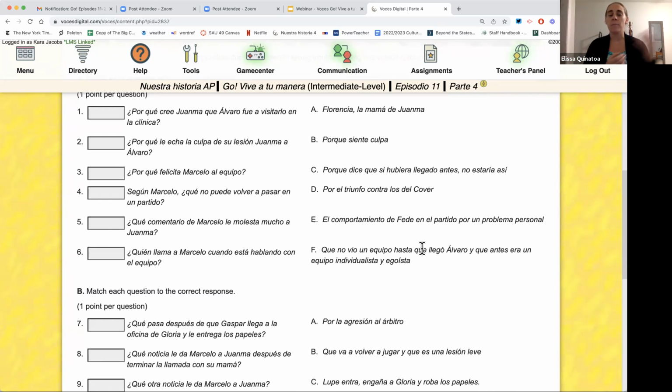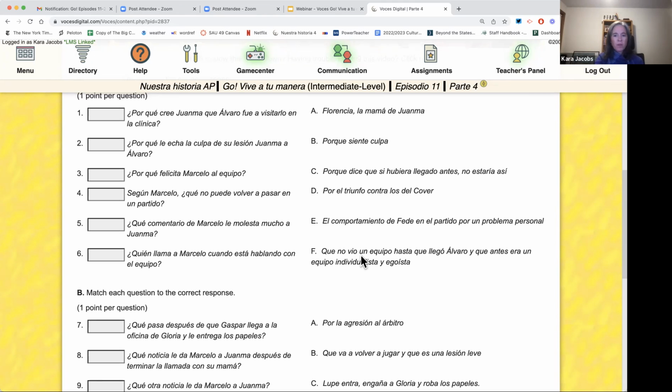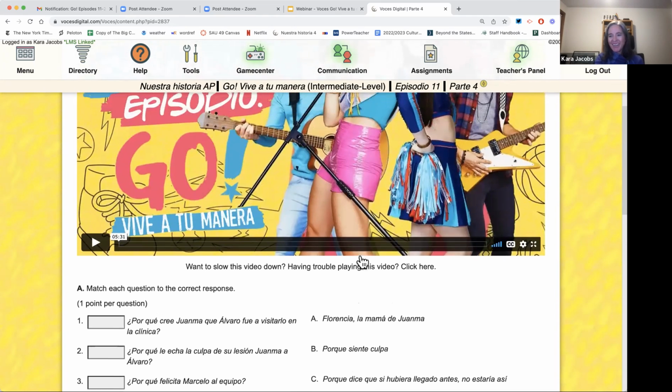I might pick a novice one, but instead of seeing the writing, I make it just audio. So I make it a little more challenging that way, but it's a quicker activity and lets them focus on one intermediate if they're struggling with that transition. Yeah, that's great. I'm always learning from Elisa.